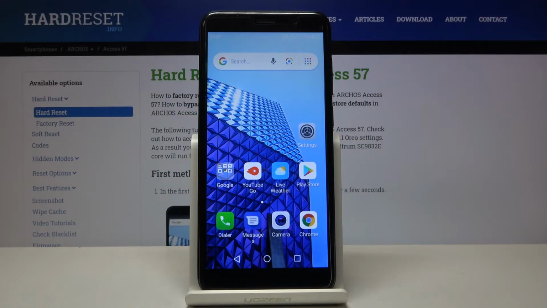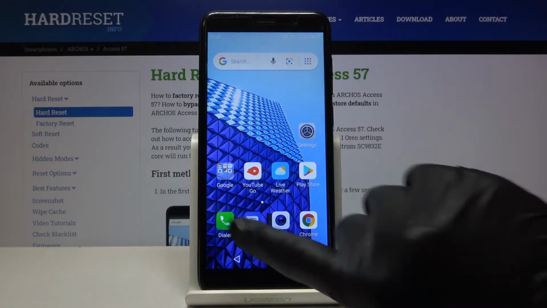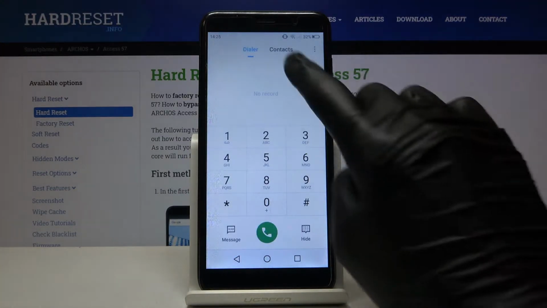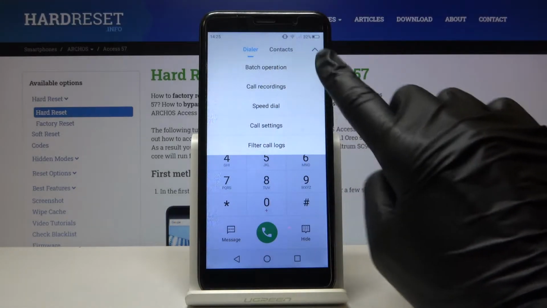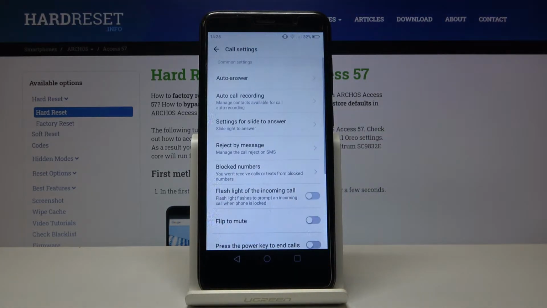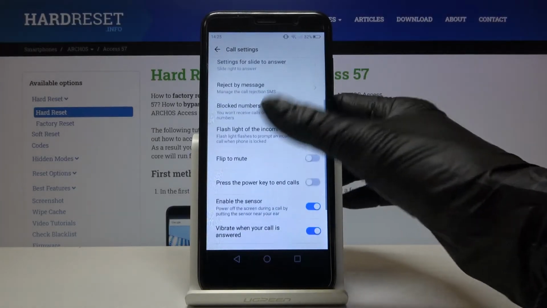In front of me is ARCHOS Access 57, and let me show you how to change voicemail notification sound. So first of all, you have to open your phone dialer, then tap on the more icon and select call settings. Here you should scroll down and pick